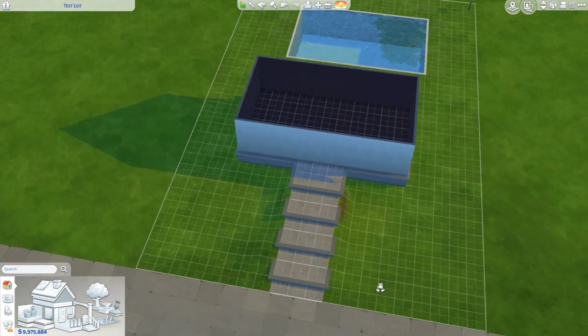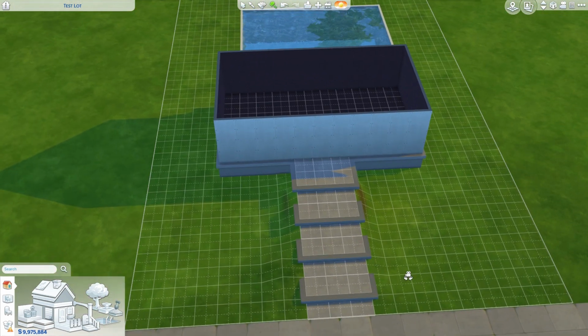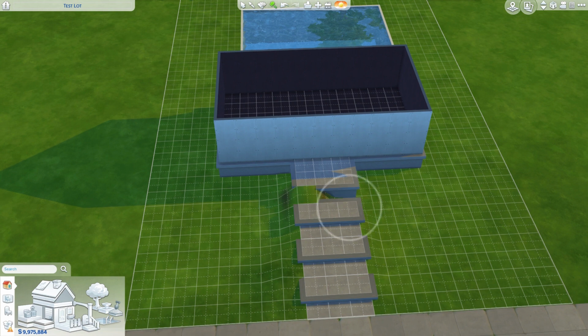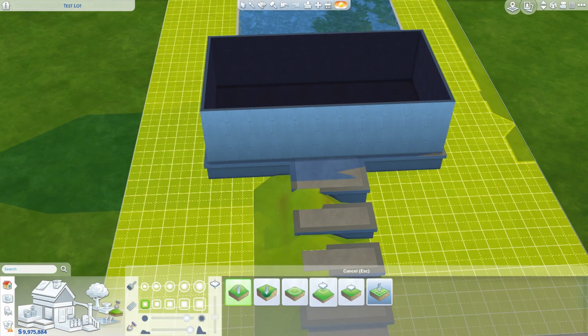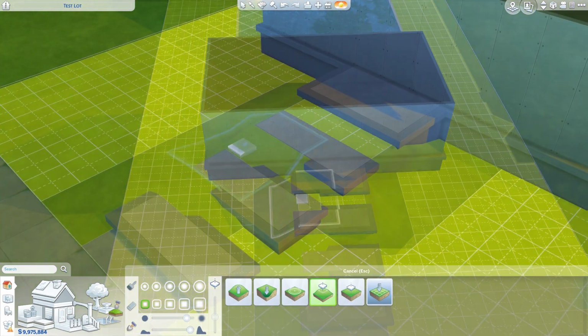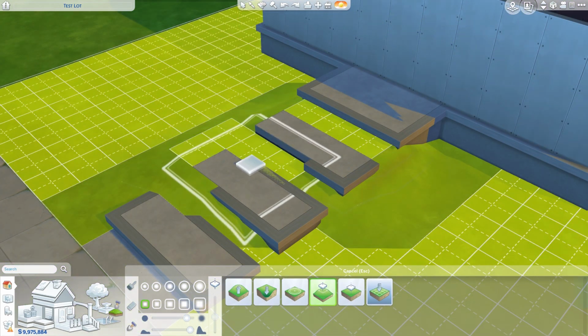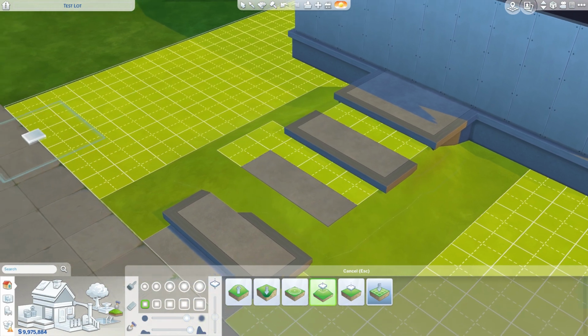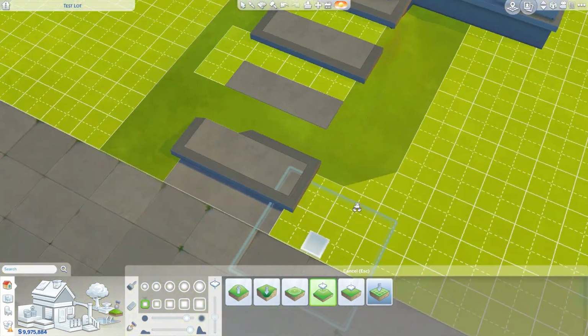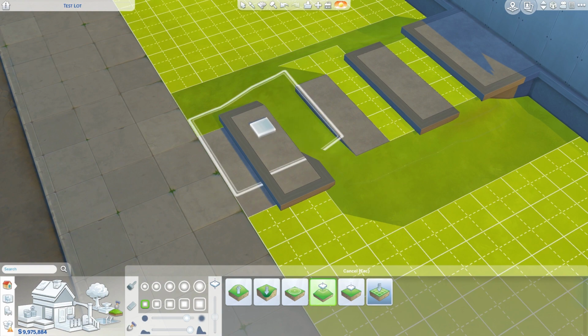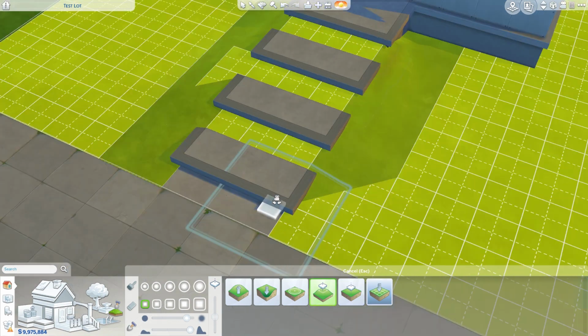If you want your pool to remain at ground level, there's another workaround you can use. You're going to delete all that existing flooring that you had put between each foundation layer, and then you will use your terrain tool to flatten the terrain in between each foundation layer so that it's level with each step. It might take you a few tries to get this perfectly level because even the smallest terrain tool just isn't